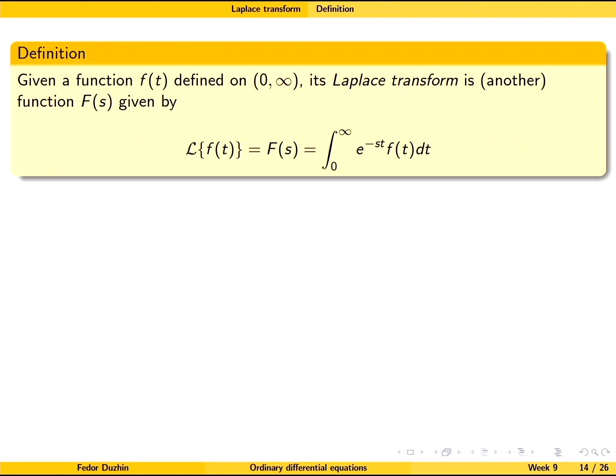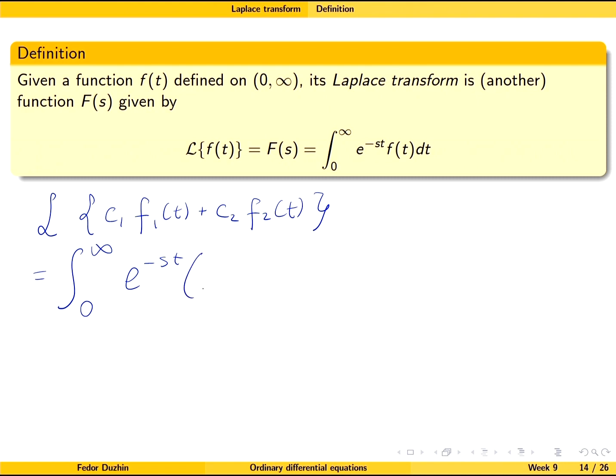In other words, maybe let me write some simple equation. Suppose that we want to find the Laplace transform of some constant c1 times f1 of t plus some constant c2 times f2 of t, right? Then, by definition, this is the integral from 0 to infinity e to the minus st, and then here I should write the input of the Laplace transform, which is c1 f1 of t plus c2 f2 of t,